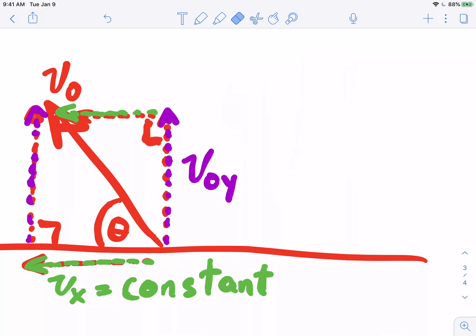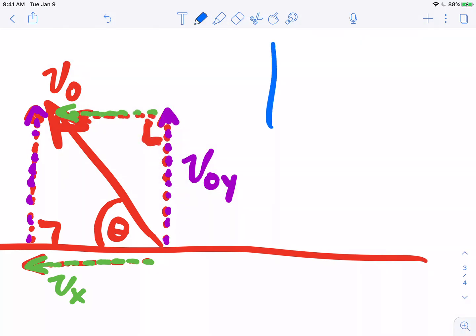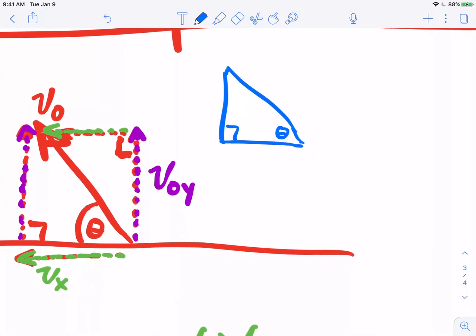Now, let's do the trigonometry piece, all right? So we need to figure out what is the initial vertical velocity, the V0y, and what is the Vx, okay? What is that stuff? And so we're going to look at it as a triangle, with a theta down here and a right angle there. And so we're really looking for, hopefully you remember your sine, cosine, tangent stuff, all right? A lot of people remember SOH CAH TOA to think about sine, cosine, tangent. And SOH